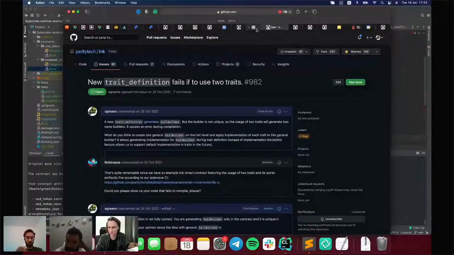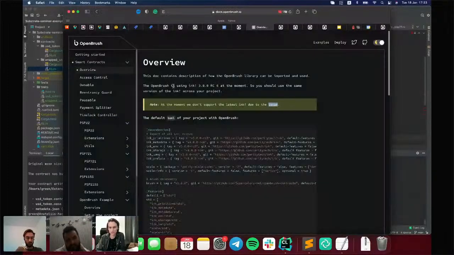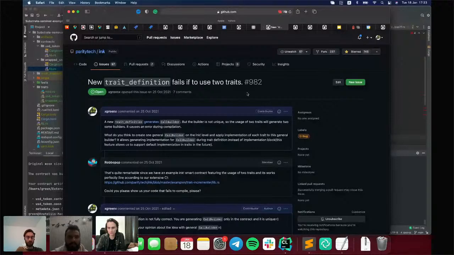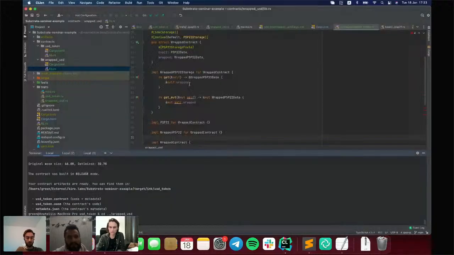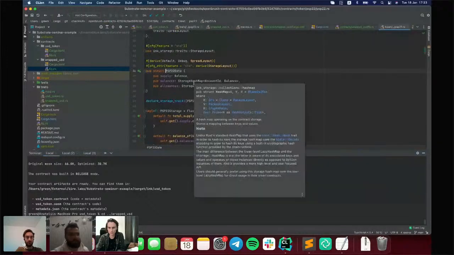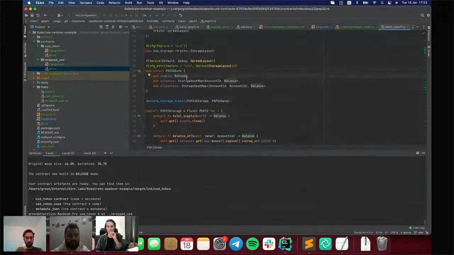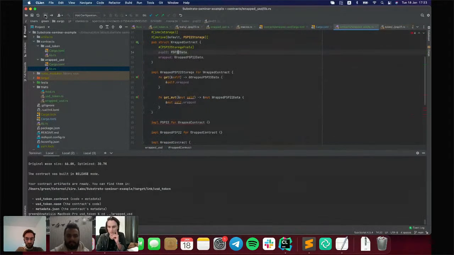In our documentation, you can find the description that at the moment we're using ink RC6, and we can't use the latest ink due to this issue. But when that issue is fixed, we will update OpenBrush to use mapping instead of storage hash map, because it saves a lot of space in the context of the smart contract size. Awesome. Thanks for the question, Diego.